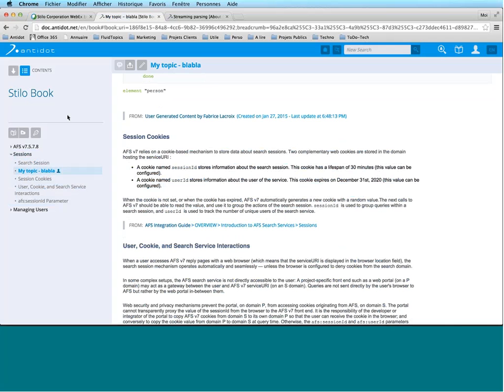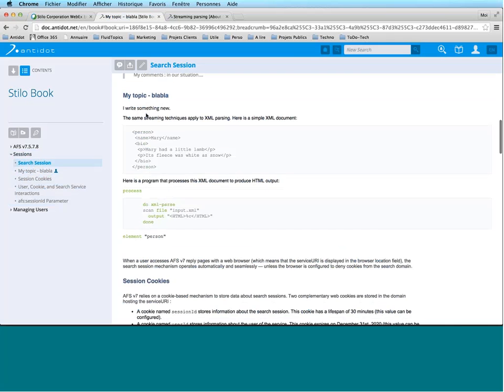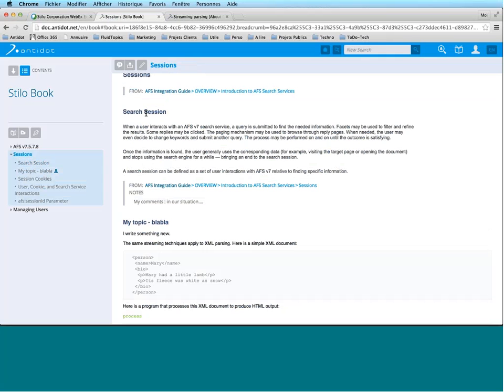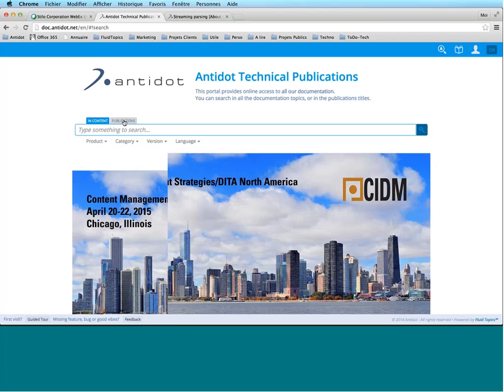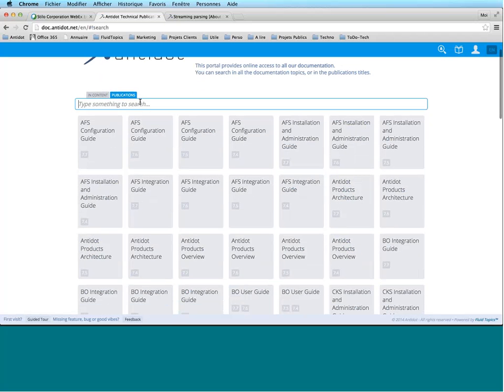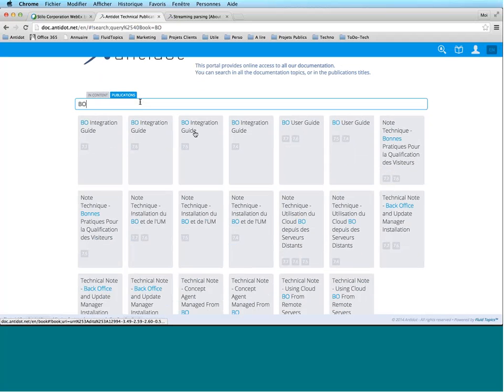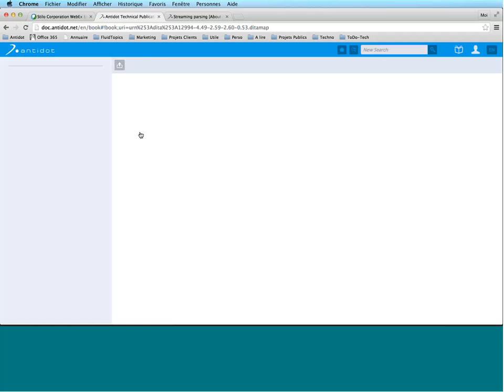And maybe I've got 1 minute, the last thing that I'd like to show you. You remember your initial guides that you have, your PDF version generated based on your FrameMaker version or your Word version. So you were used to generate a PDF. And, well, PDFs are good. We're not against PDF. We said it's not easy to use, easy to search, but sometimes people like to download them. So we provide that facility and that feature with Fluid Topics. Let's go, for example, to, I think that's got one, like the back office integration guide. So let's jump to